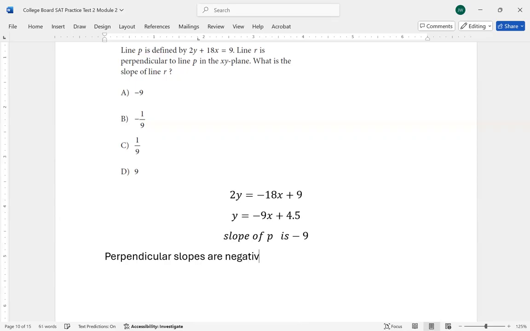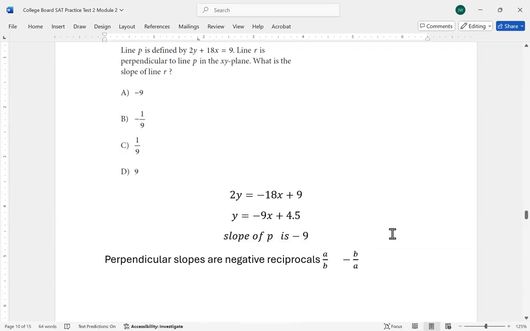And negative reciprocals have the situation where if I have written one of the slopes as A over B, then the other would be negative B over A. Reciprocals mean we flip the roles of the numerator and denominator, and then negative means one's the negative of the other. So what I would do is I would think of negative 9 as like negative 9 divided by 1,